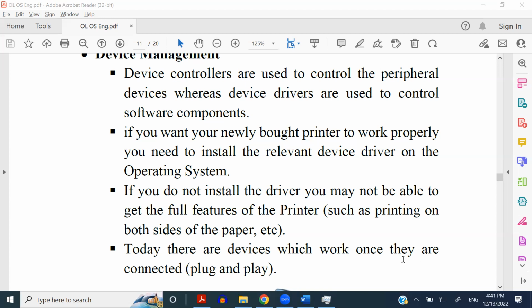If the operating system is not doing that, earlier the operating system was not capable of doing it, so the user had to install the device drivers separately before connecting a particular device to the computer, right? So even today, if you are connecting a printer to your computer,